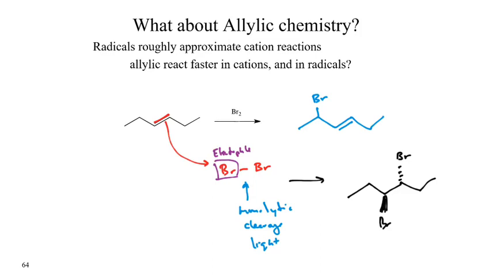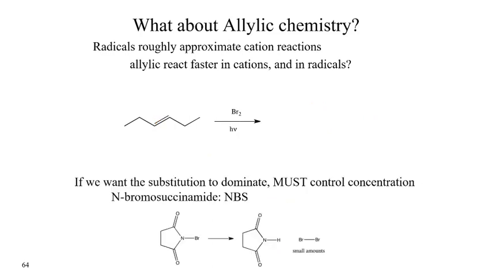So if I want a radical reaction to happen, how do I minimize the effect of this heterolytic cleavage? Because again, the radicals are very small concentrations. So one way we can do this is not use Br2. We can switch it up to a different reagent, and that's where NBS comes in. So if we really want to shift our reaction more towards the substitution and not that electrophilic addition, we need to control the concentration of bromine a little bit more. The best way to do that is this reagent NBS,